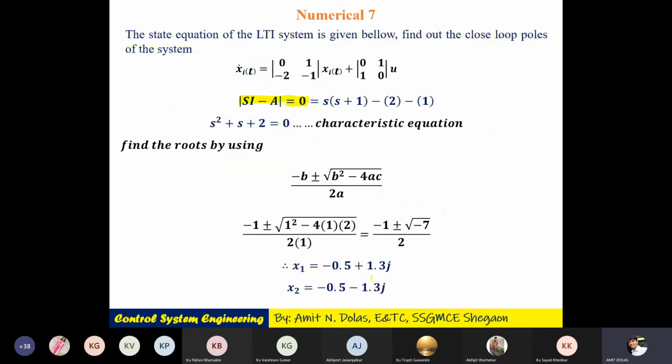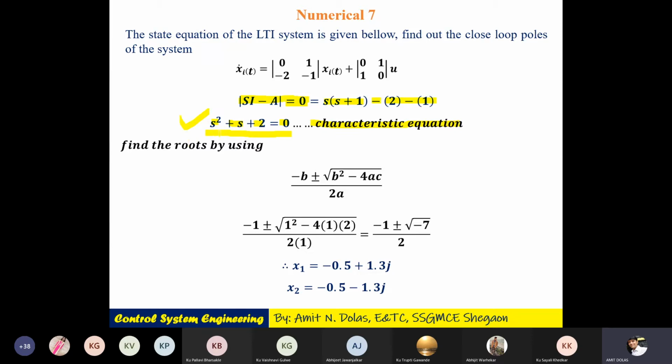S into S plus 1 and minus 2 into minus 1, as it is cross multiplication and addition. So it will be S square plus S plus 2 is equal to 0. Now we got the characteristic equation, and you are very well known to this term. Now you cannot directly compute the root, because